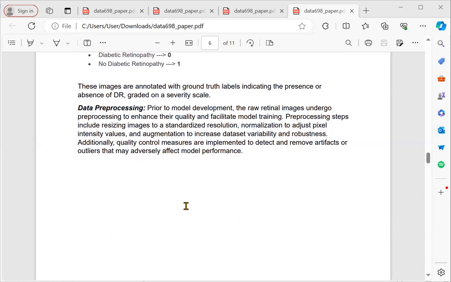We took the source, the data set from there. Data preprocessing: prior to model development, the raw retinal images undergo pre-processing. We use the transformation function to enhance their quality and facilitate model training. Pre-processing steps include resizing images to a standard resolution, normalization to adjust pixel intensity values, and augmentation to increase dataset variability and robustness. Additionally, quality control measures are implemented to detect and remove artifacts or outliers that may adversely affect